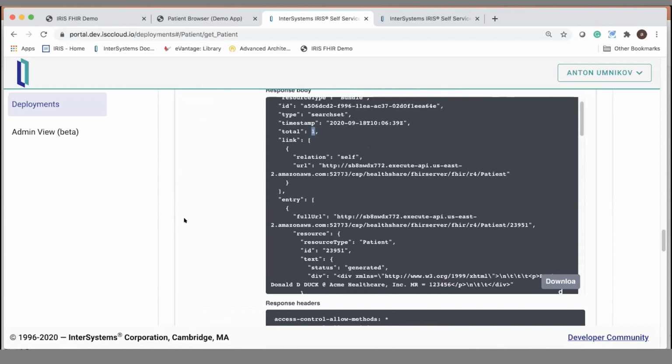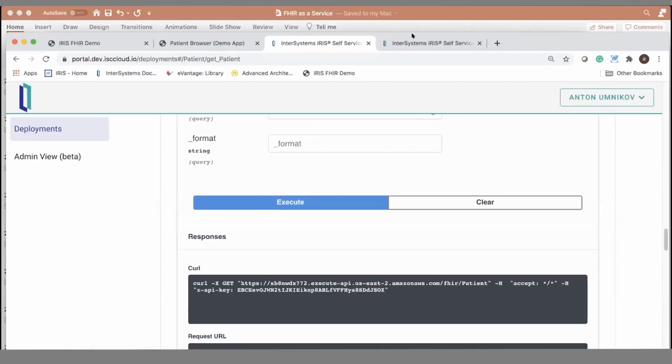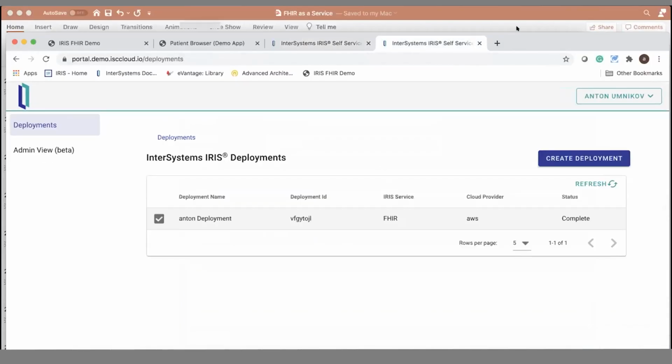So the built-in API management and built-in developer portal is a very powerful tool that can get you easily started with FHIR. It provides you with sample documents. It helps you to create valid requests fairly easily, fairly straightforward. Now, speaking of entering data into the system, well, you probably would not want to enter data